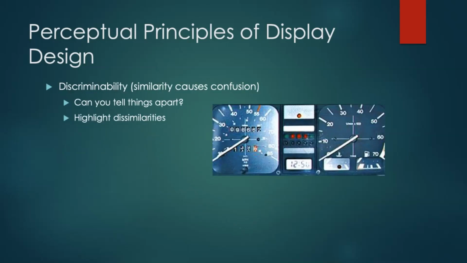You want to make information discriminable. You want to be able to tell the difference between sources of information. It used to be the case in cars that you would have, man, I don't even know which one's which at this point. So you'd have your speedometer here, which looks very similar to what your speedometers are in your car currently, that jump up by tens. And then you would have your tachometer, which would also jump up by tens.